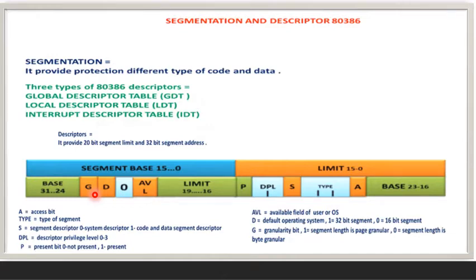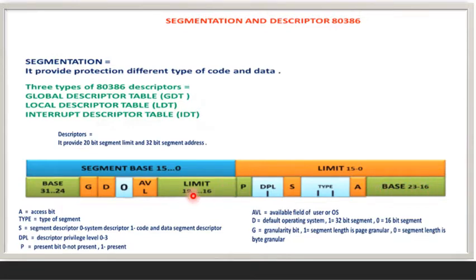The descriptor of 80386 contains access rights or attribute bits along with the base and limit of the segment. The functions of the bits of the segment descriptor are: the base, B16 to B23 and B31 to B24 put together, is 32 bits. This is nothing but the base address of the segment.